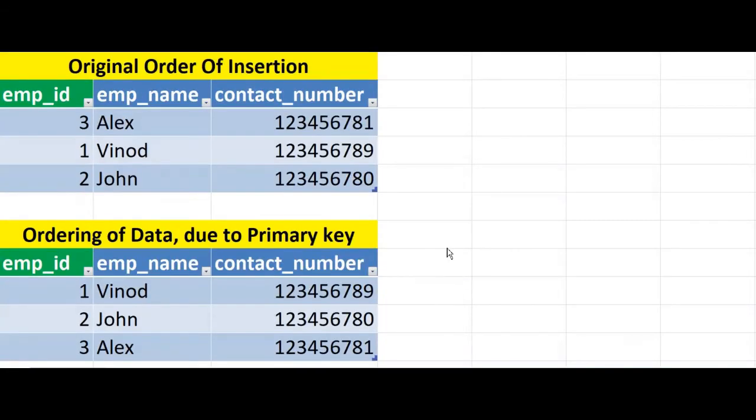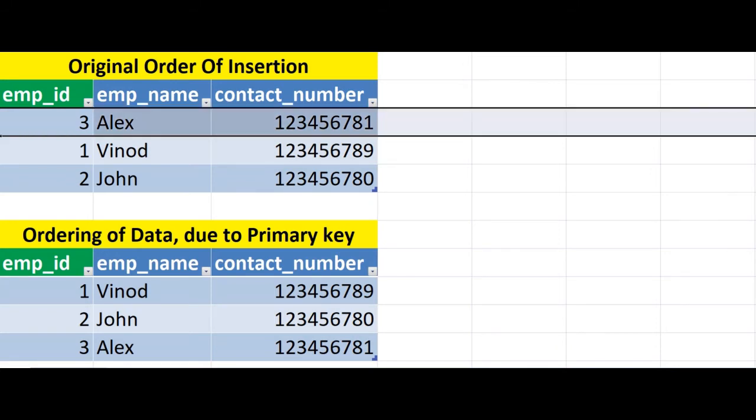Okay. So to understand why a primary key can be only one in a table, let's consider a simple example. This is the original table structure where we are showing the original order of insertion. Employee ID is my primary key. First I'm inserting a record where employee ID is 3.